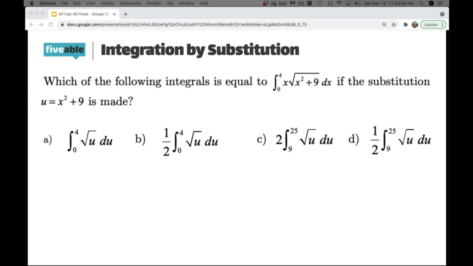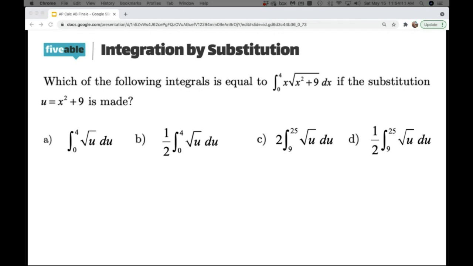All right, so let's get back to integration by substitution. Let's take a look at this example. This is a really common question we've been seeing on the AP exam over the last several years. They give you an integral and they actually provide you with the substitution they want you to make. So here in this problem, they're asking you which of the following integrals is equal to our integral from 0